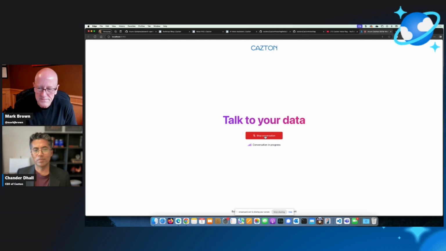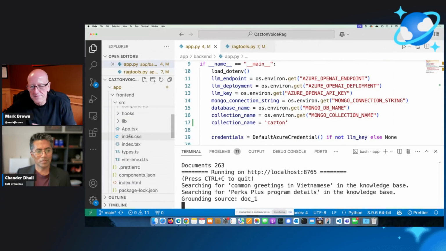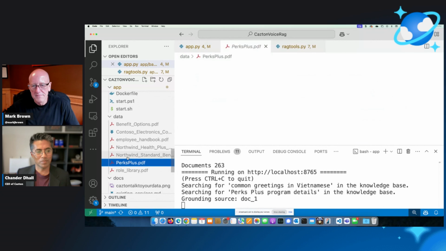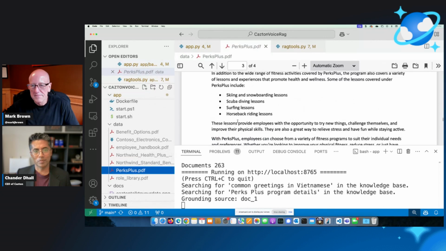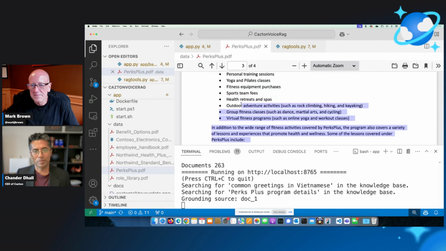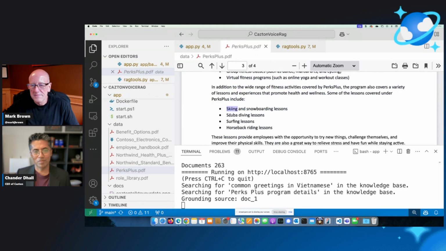The Perks Plus program includes reimbursements for a variety of activities: gym memberships, personal training sessions, yoga and Pilates classes, fitness equipment, sports team fees, health retreats and spas, outdoor adventure activities, group fitness classes, and virtual fitness programs. It also covers lessons like skiing, scuba diving, surfing, and horseback riding.